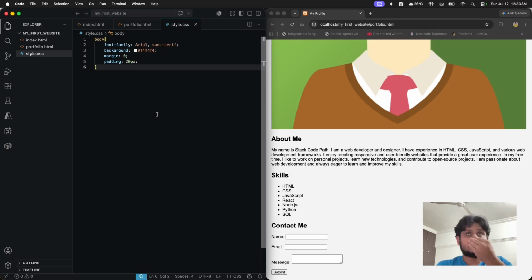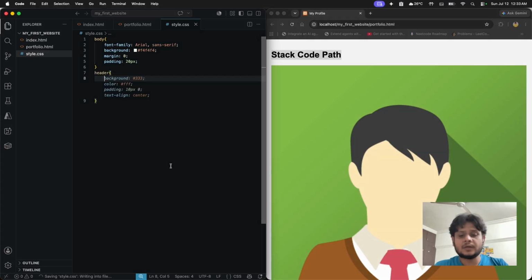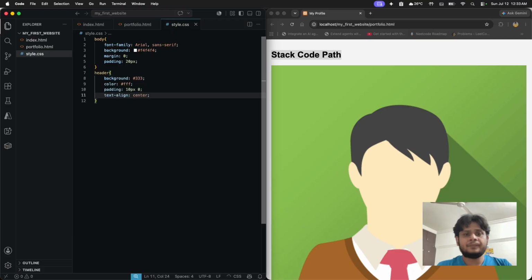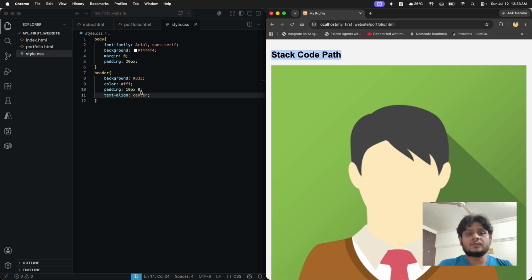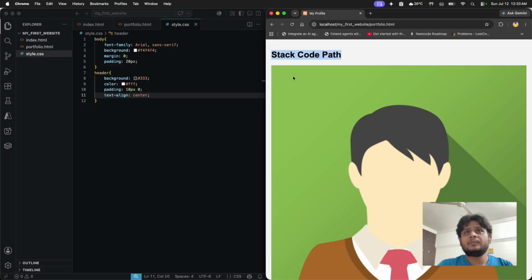For the next one, we already have a header, StackCodePath. So for this, I'll write CSS. For background, I will mention this one, and for color, it is white, and padding will be 10 and 0, and text align center. Now how does that padding work? We already have a 20 pixel padding for the body. So this padding will work like this. Now if I refresh this one again,